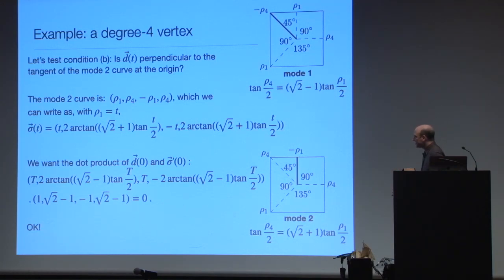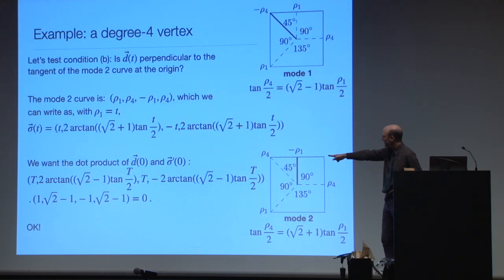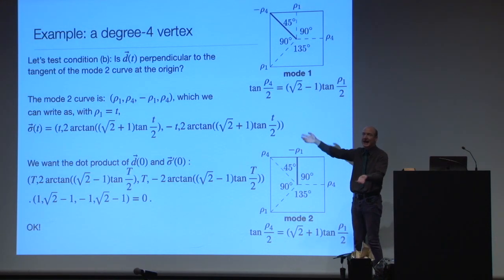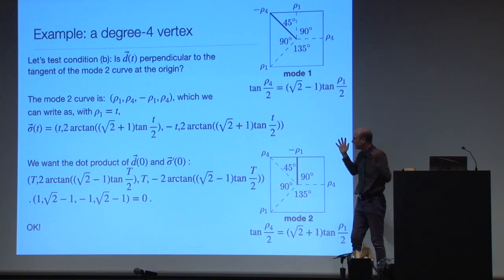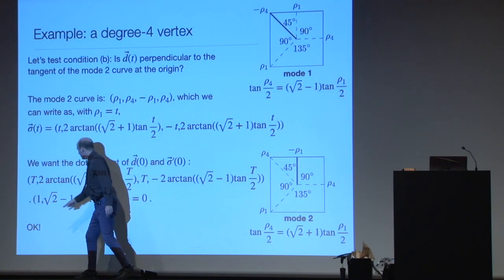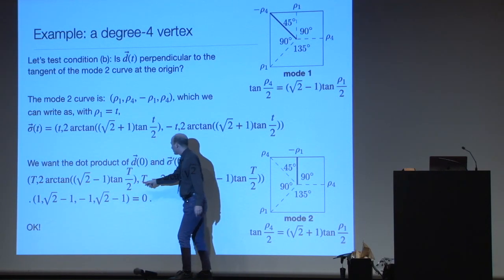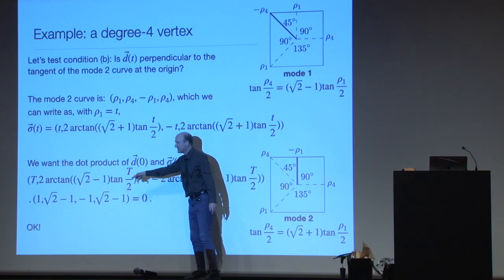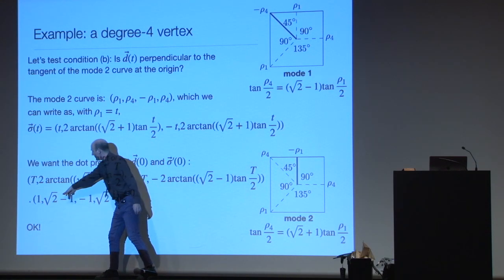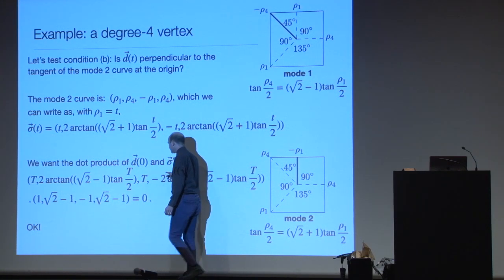It makes sense if you stare at it, because look, you've got capital T dotted with 1. So remember, dot product, you're multiplying the x and y coordinates together and then adding them all up. That's all it's doing. So t times 1 is t, but then I have a minus 1 times the third coordinate here, which is another t, so the t and the minus t will cancel. Woo! And then here I have root 2 minus 1, root 2 minus 1,